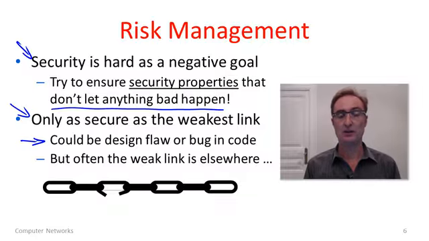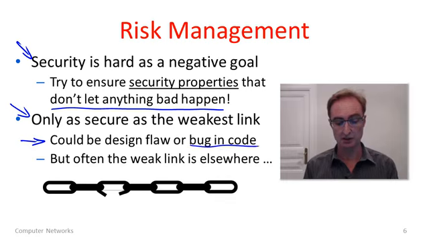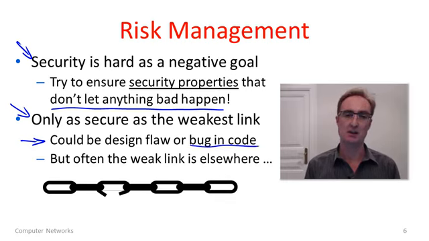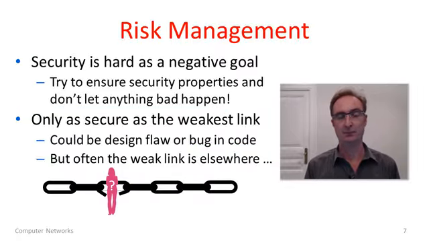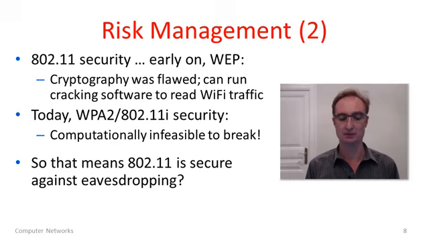It could well be that there is a design flaw, not in the pieces themselves, but in the way they're put together. This is quite common, the way they're used. Or there could simply be a bug in the code. The design was fabulous, but someone made a mistake implementing it. Whoops. Or actually, more often than not, the weak link in the chain is something else. And guess what? It's you and I. For instance, people need to choose passwords to use all of these systems. If you choose very weak passwords or share passwords, you might compromise the security of the system, no matter how good the crypto is. So people are often viewed as the weakest link in security schemes.